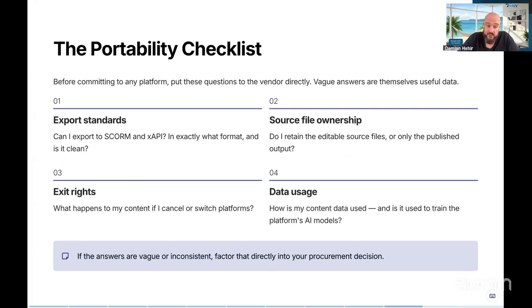Are there any restrictions on your export rights there, or your exit rights? So what happens to your content if you do cancel or switch platforms? Does it age out? Does it get deleted? How is that managed? And then lastly, and this is important, particularly for larger enterprises, is how is the content